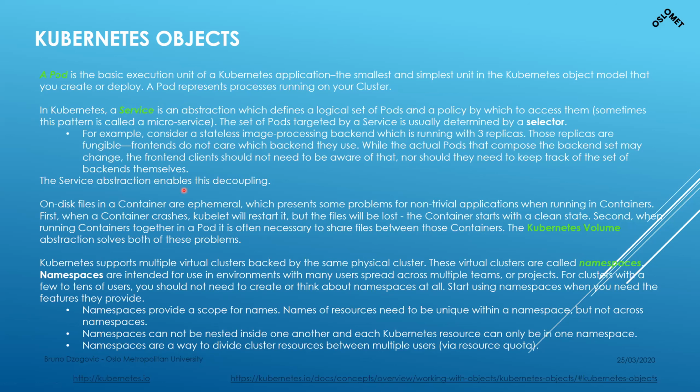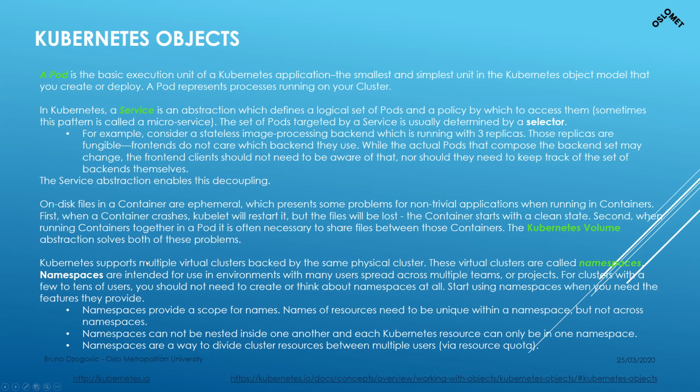The service enables decoupling, because you can decouple different containers from the pods in different roles in the service and stuff like that. There is also a volume level of abstraction, and namespaces. I'll talk about all these things later. Volumes are just like in Docker. The containers are ephemeral, so it means that if the container fails, data will be lost if it's restarted. So there has to be some sort of persistent storage. We will say that later.